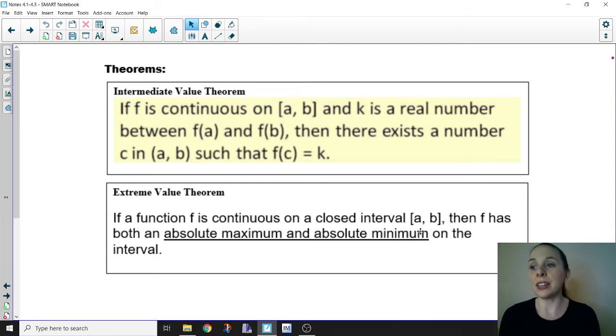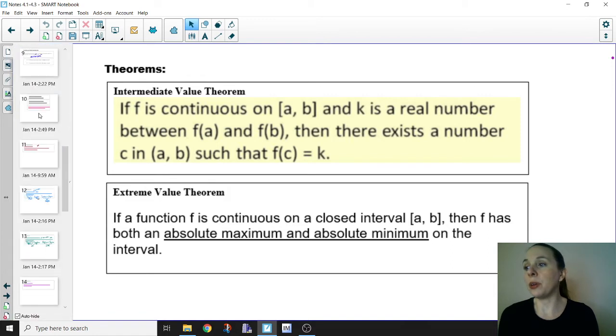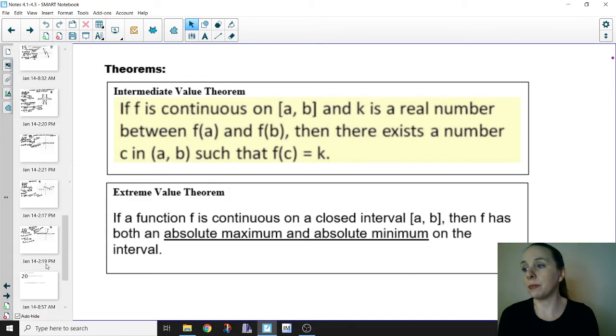The reason that I definitely know for sure that we're going to reference this theorem in example 6 is because it asked us for absolute extrema, and we were given a closed interval for our function. Okay, so going back to example 6,